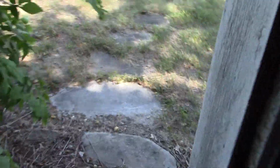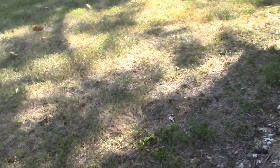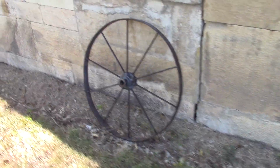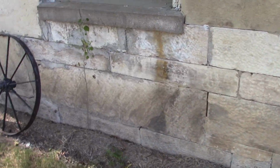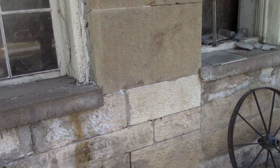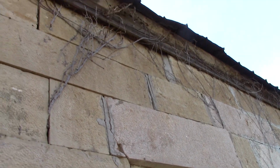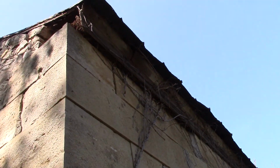So alright folks, taking it back out. Can you believe it, this house is almost 160 years old. Yes. Back out, more original limestone. More gorgeous natural plant growth and